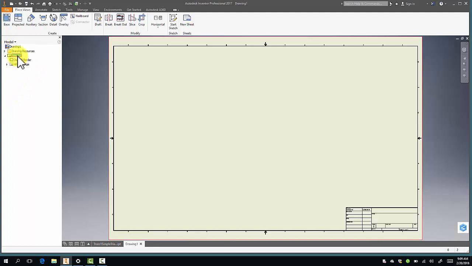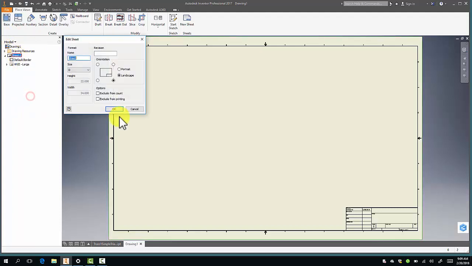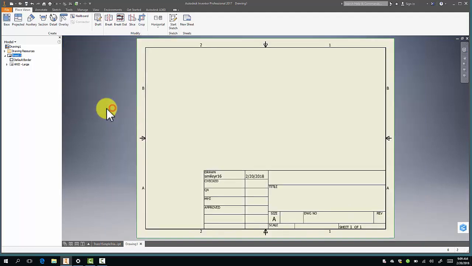I want to change that, so I'm going to right click on the sheet 1 and go to edit sheet, and I want this to be an 8.5 by 11 sheet of paper, so that's a size A. So we switch this to size A. That's height of 8.5, width of 11. My truss can fit in there, full size, right? So I could set that and check and see if the laser cut it exactly out or not. So I've got this piece of paper. I set the size of the paper,